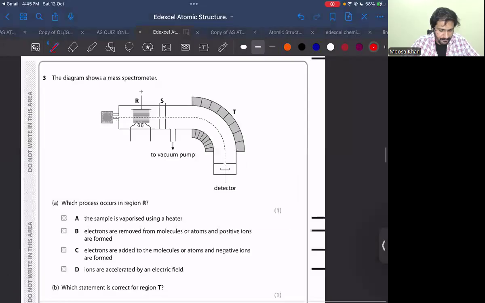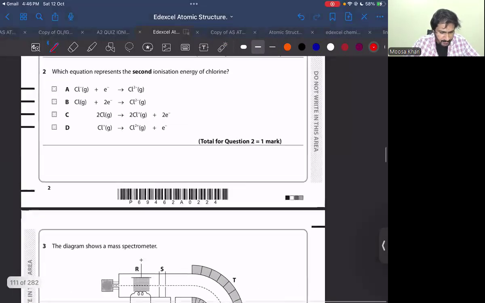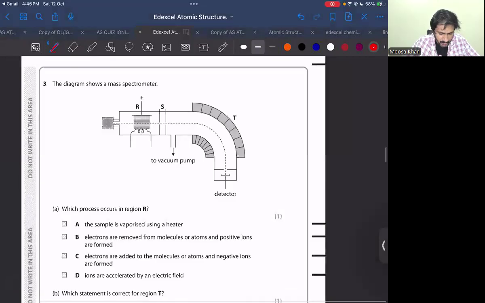Okay, this question. The diagram shows a mass spectrometer. We have learned this number of stages. I would recommend that you make your notes from this question, and take the reference of this question number. You can incorporate this question in your class notes. It's a good question. Here they have given you the diagram of a mass spectrometer. You won't be asked to make a diagram of a mass spectrometer, but you should know the stages involved in a mass spectrometer. The first stage is